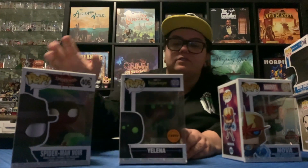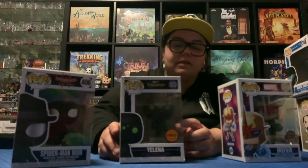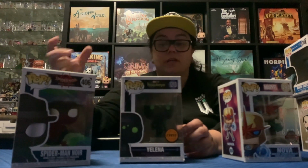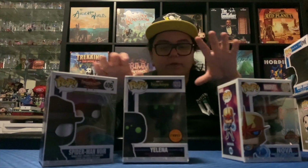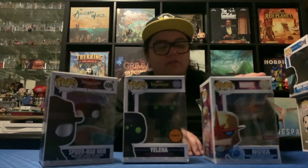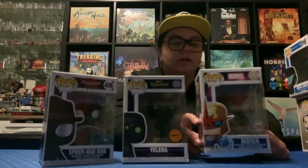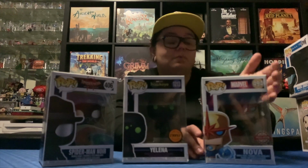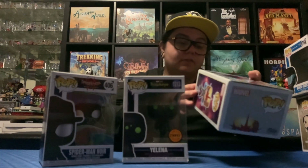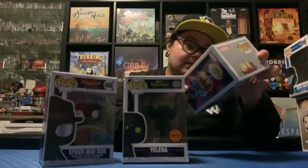So Yelena chase here was a great pickup. I pretty much got it because I believe there was some paint defects on the actual chase I got when I was able to get these on pre-order. So I'm hoping to do a figure swap there. And then the next one is Nova. So this one's kind of not spiked up in value, but has become a bit popular because Nova's expected to be in some future Marvel projects. So I thought that was a really good find. This is probably the best ink edition pop out of every...